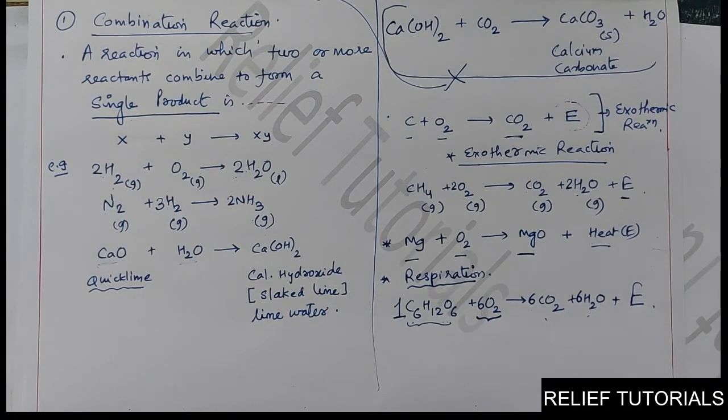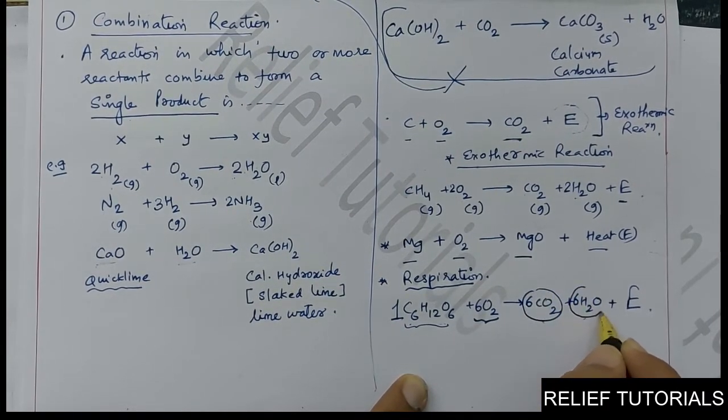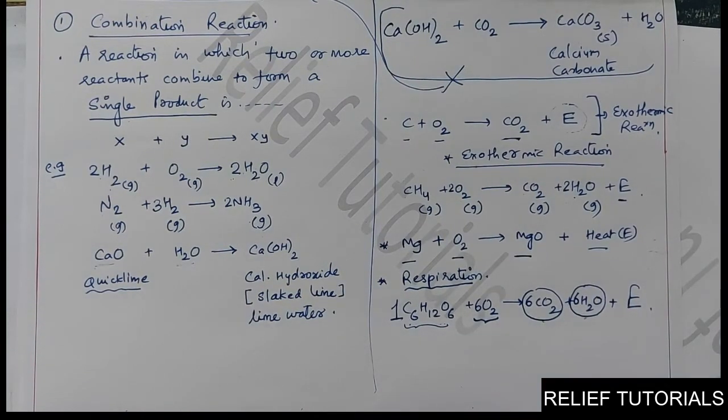This is the use of a balanced chemical equation, that it gives you the perfect idea of how many molecules of oxygen one molecule of glucose requires for complete combustion. So for complete burning, it requires 6 molecules of oxygen, and during the combustion of one molecule of glucose, it releases 6 molecules of carbon dioxide and 6 molecules of water. So this gives you the complete sense of the reaction, how many molecules are taking part in the reaction and how many molecules are forming at the end of the reaction.